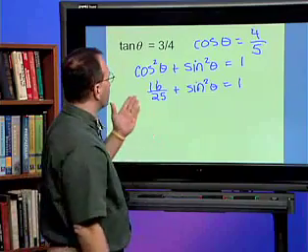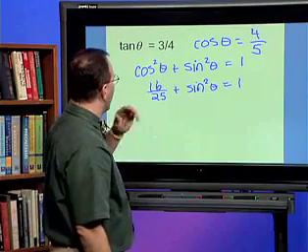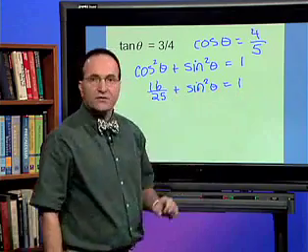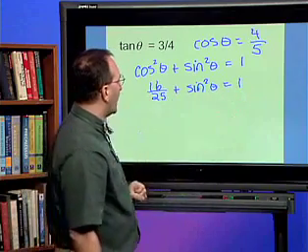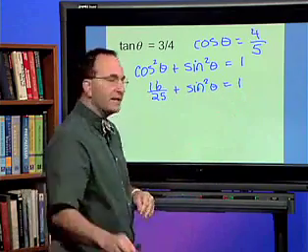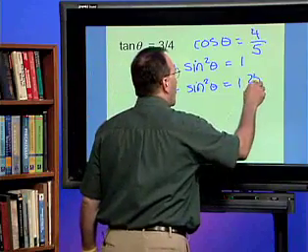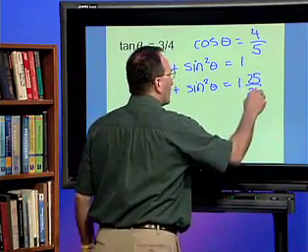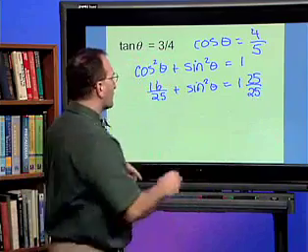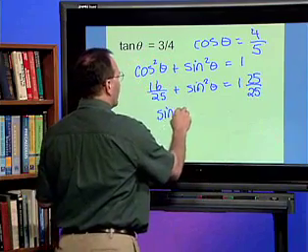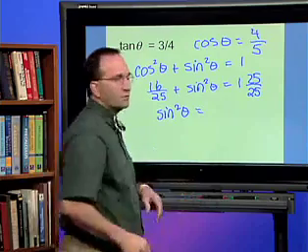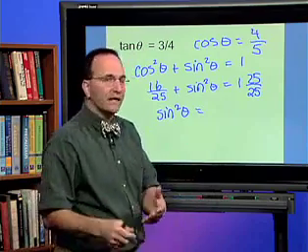We need to subtract the 16/25 from the left-hand side of 1, and we need, therefore, to change the 1 into 25 over 25. That'll give me sine squared theta is equal to 25 minus 16, or in other words,